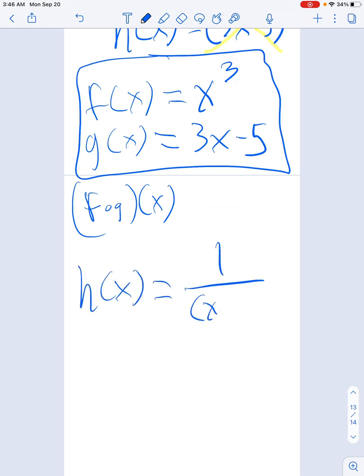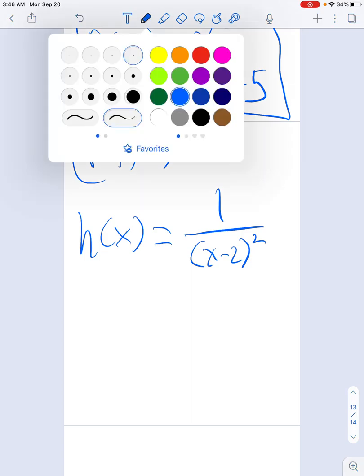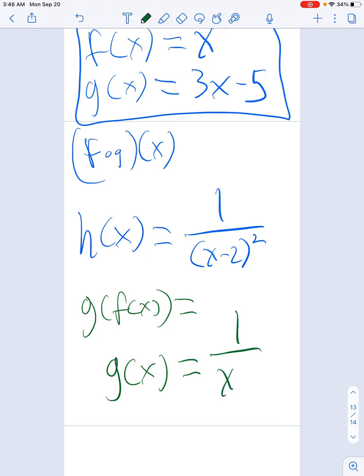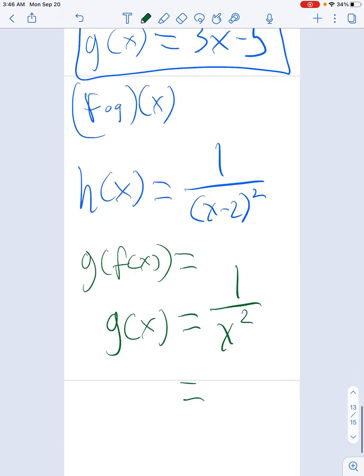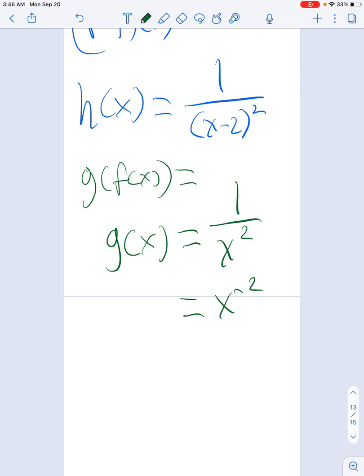One more example of those, h of x equals 1 over x minus 2 squared. So again, say it's g of f of x this time. No big deal. I would say that g of x would be 1 over x squared. If you remember your exponent rules, you could also say that it's that. They mean the same exact thing. And then I would say, well, if that's the case, then f of x has got to be x subtract